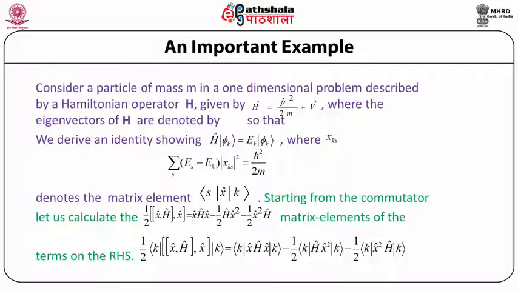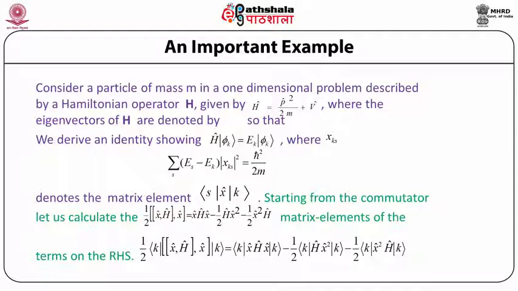Now we can derive the identity, which is defined as follows: summation over s of (E_s minus E_k) modulus whole square of x_ks is equal to ħ² by 2m, where ħ is equal to h by 2π and h is Planck's constant, and x_ks denotes the matrix element bra vector s, operator x, ket vector k. So in order to prove this identity, let us start from the half commutator of x and H with operator x